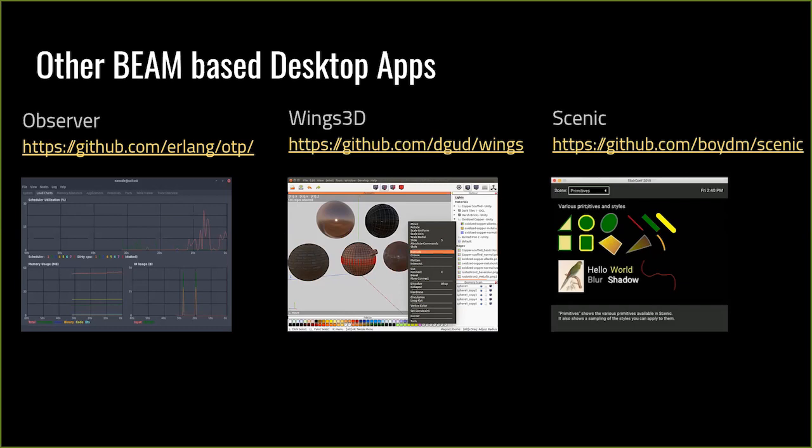But his example of the Wings 3D application was really the part where I wasn't sure: can we actually make it distributable? Can we make an exe installer for Windows, for macOS? Can we make it native? And that's probably the project that's most mature there.